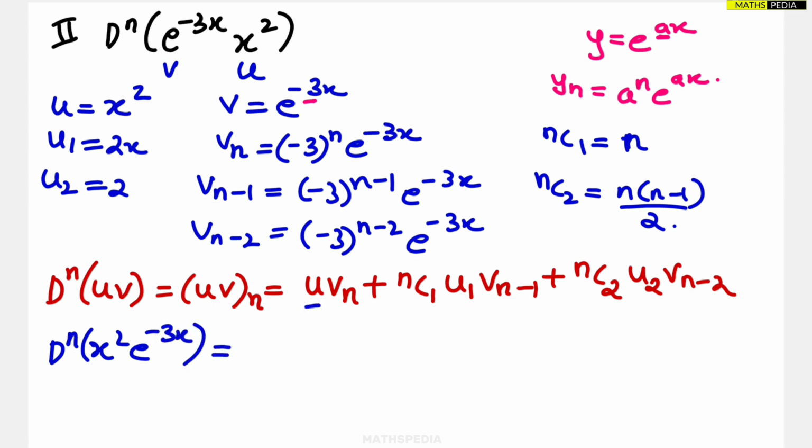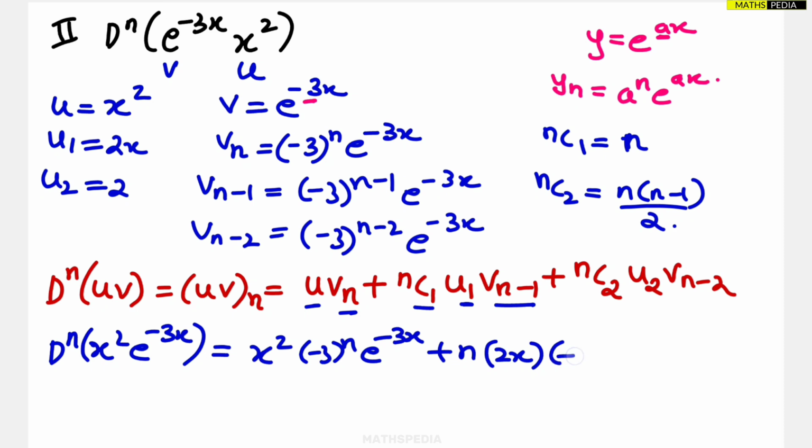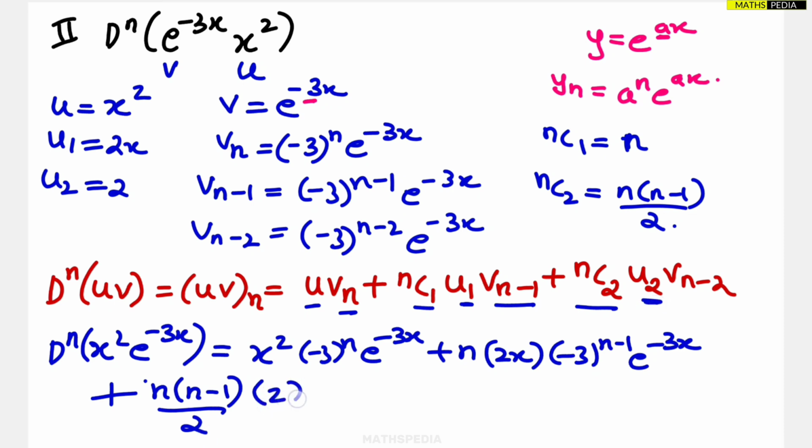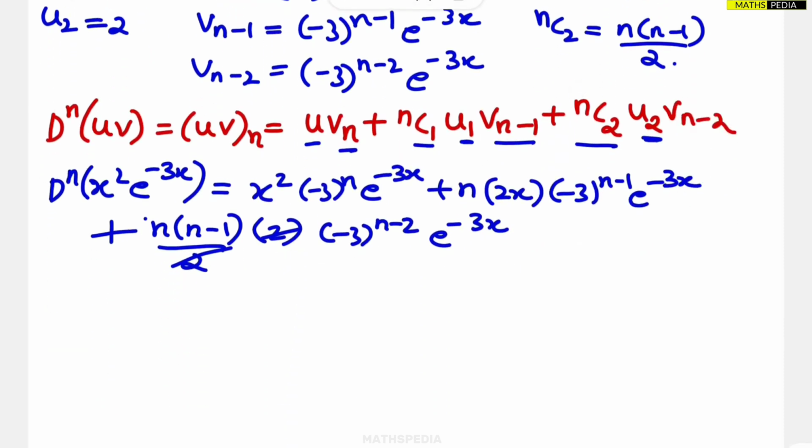Is equal to u value is how much? x square. Vn value we found out, e power, sorry, minus 3 power n into e power minus 3x plus nC1 value is n. U1 value we know it is 2x. Okay. Vn minus 1 is minus 3 power n minus 1 into e power minus 3x plus nC2 value is n into n minus 1 by 2 into u2 value we know it is 2, so 2 and 2 gone. Vn minus 2 value is minus 3 power n minus 2 into e power minus 3x. So the simplified version will be